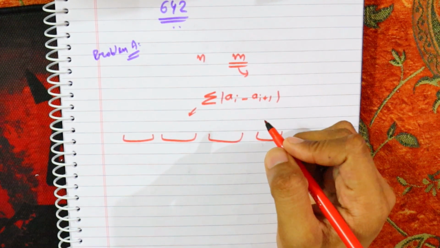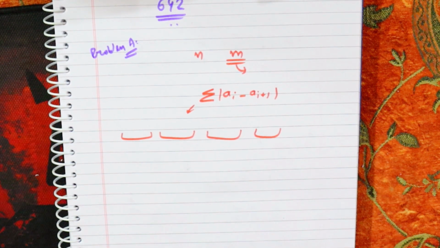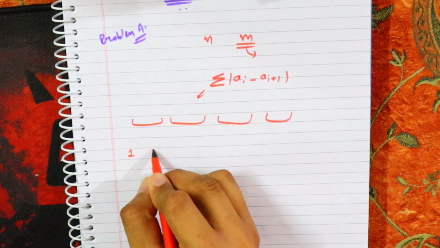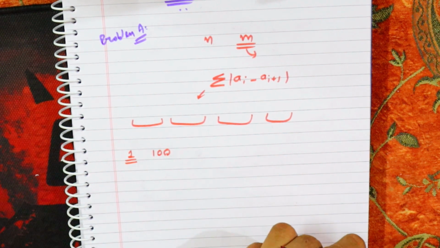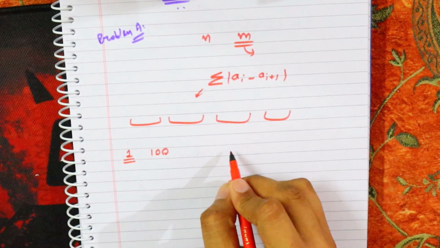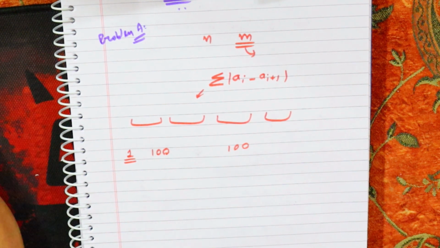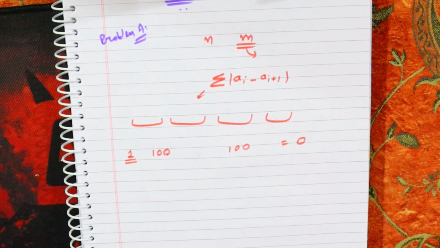Okay, so let's very quickly move to the cases and see how the approach works. First of all, n is 1 and m is 100. So one element, and its sum should be 100, so the element will be 100. If there is only one element, then the answer will always be 0, because you will not have another element; you will place only one element.